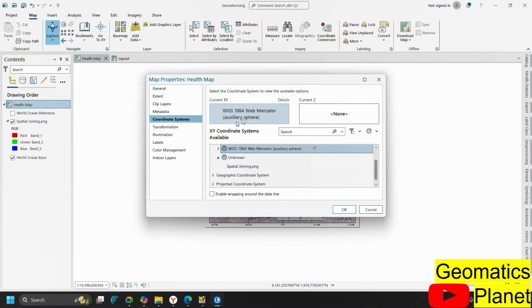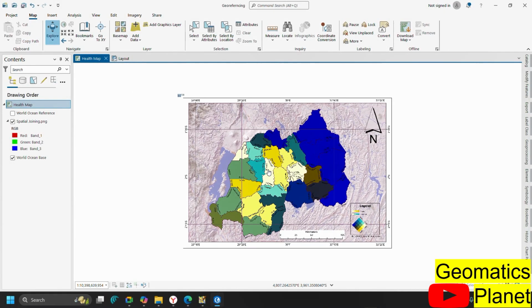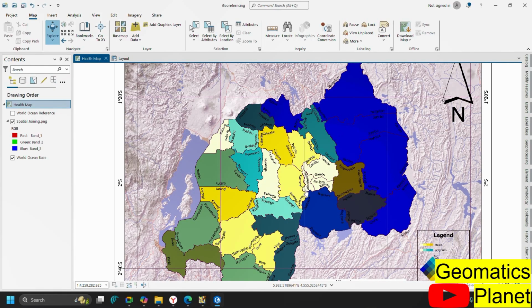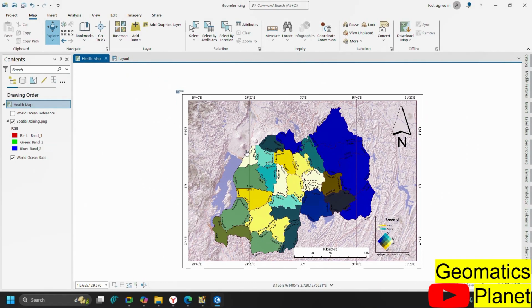Now by default it is in WGS84, but this particular spatial is an unknown coordinate, but this one now is in WGS84, as you can see. Then this one now does not have a spatial reference coordinate. So we are going to make this map fit in perfectly to it. Now on this, we're going to start with the first method. Now I'm not going to use the base map, I'm just going to use the coordinate system here to realign